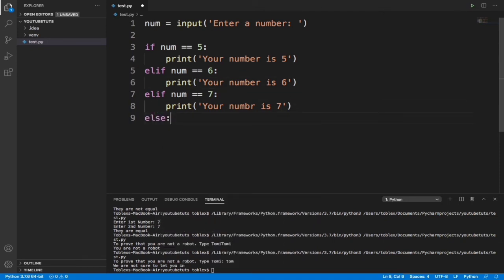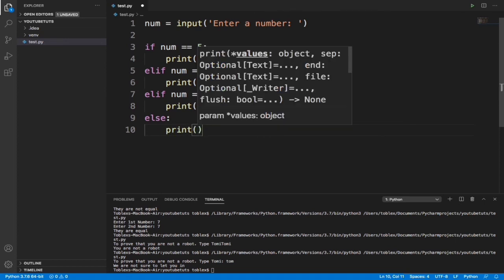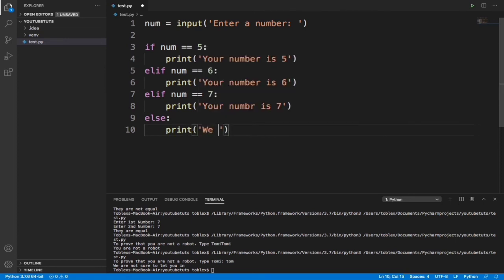Else, tell the user that we don't know what your number is. Print we can't get your number. Now what this else if allowed us to do is have multiple conditions in one if-else statement.